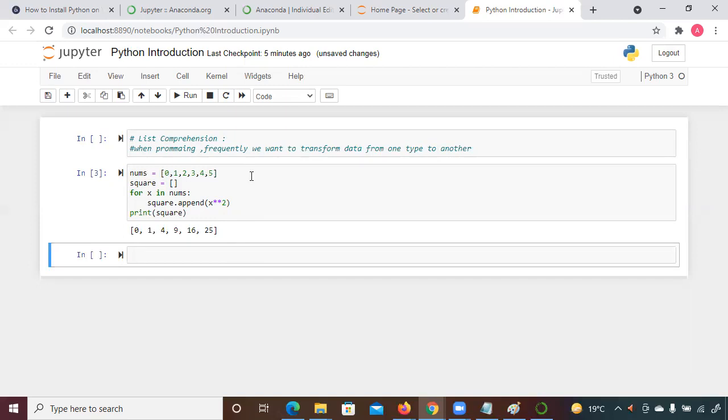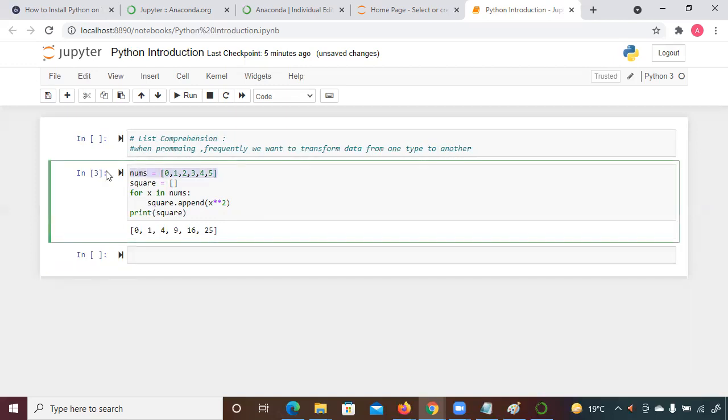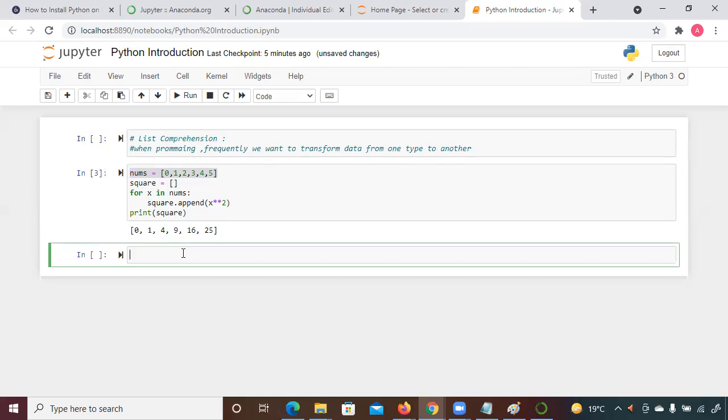So it is one example of a list comprehension, where we are reading the data of one list and transforming the data in the form of squares and adding it into another list, right? So it's called a list comprehension. Similarly, there is another way as well. How can you make it simpler? Let's do it in another way. Let's say you have the same list